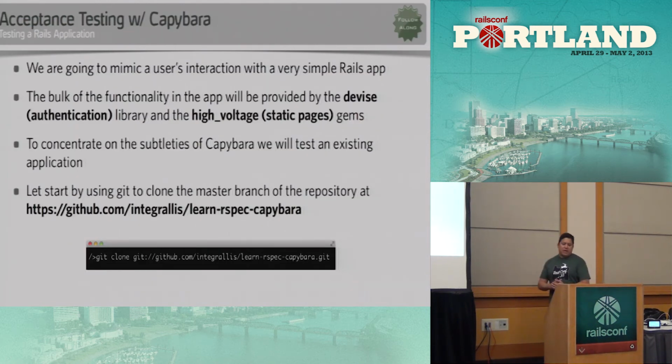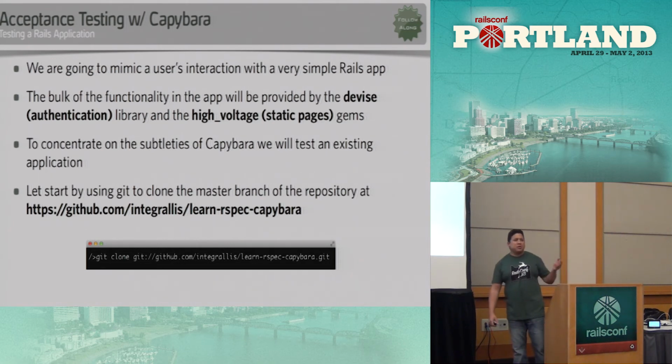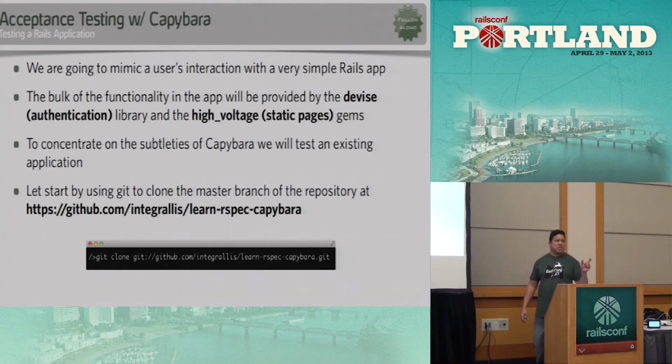Okay, so we have a very simple Rails application. The application that I put together basically uses the Devise gem to add some of the authentication login pages to a bare bones Rails application, with a little bit of Twitter Bootstrap in there just to make it look palatable. I'm also adding a few static pages using the High Voltage gem, which allows you to embed static pages into your app without having to create a whole controller hierarchy to serve pages that are just static.